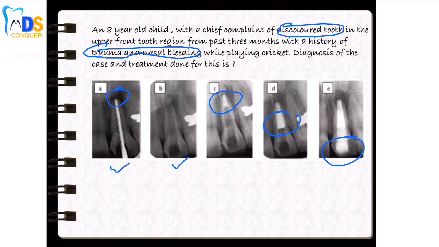For example, if you just have a look, 8 years gives an idea that an 8-year period is not a period where your root apexes are going to close. Most of the root apexes are going to close in the duration of 9 to 11 years. So at 8 years the root apex is in the process of root end closure. So you can see an open apex in this case, and you can clearly see the discolored tooth. Discolored teeth means the pulp is non-vital. Necrotic teeth will be discolored. So the pulp is non-vital, so you have to go for a non-vital pulp therapy in an open apex case.